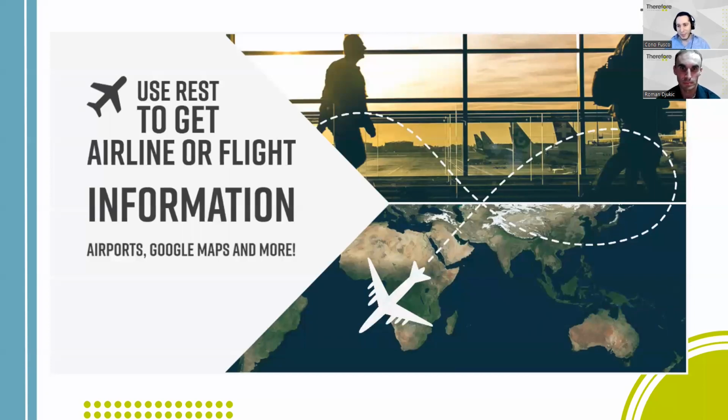This is a really good one. This is maybe less common. I wouldn't say that it's used too much, but we just think it's a really cool example. Lots of online travel services offer REST API services. So this means that you can get updated information like flight information, maps and directions, and more. You know, Google Maps is also another example of this. Things like Flightradar or airports with